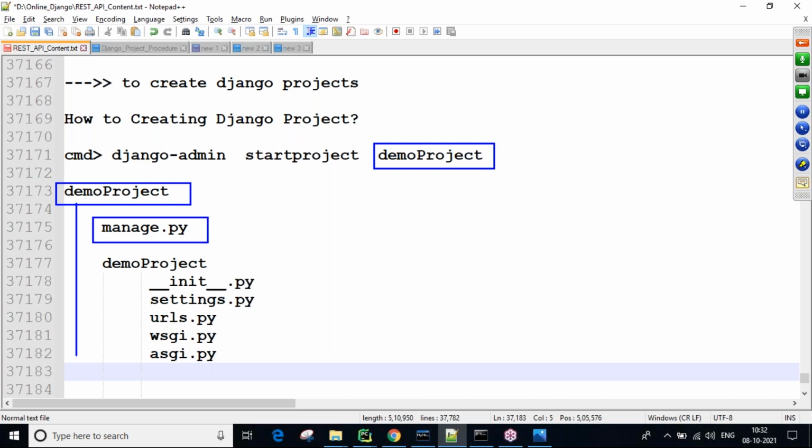In this folder you get one manage.py Python file and one demo project, which is the actual Django project. In this project you get 5 files by default. Later, depending on our requirement, we can add other files also. I'll tell that separately.